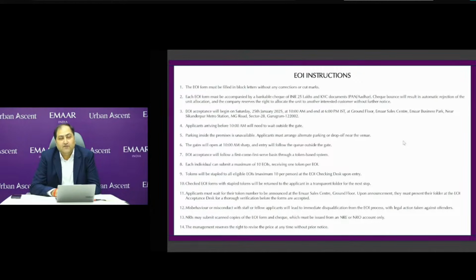In case the preferences that he has marked are over by the time the call reaches him because of the sequential tokens, then the alternatives that are available will be told to him or her, and it will be the client's choice to decide. In case they are okay with that particular allocation which they are getting,